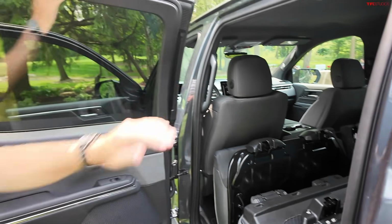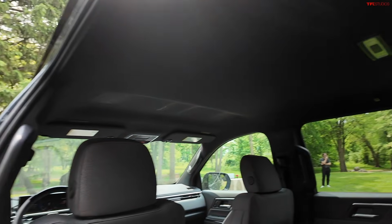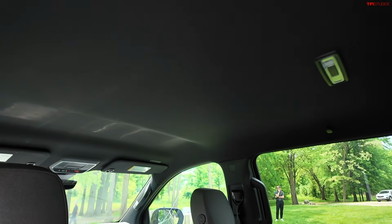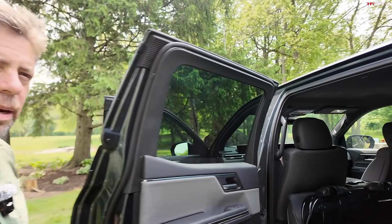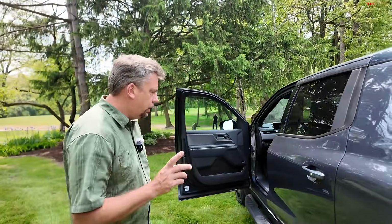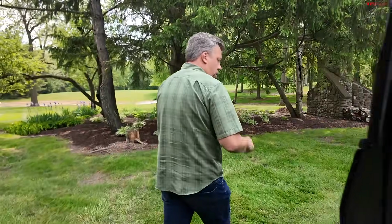This one does not have a panoramic sunroof, which I think in some ways is actually a good thing, because if you do have one, it can be really hot in the summer months, just too much light and heat coming in. But I really like some of the accessories here. So let me show you this,